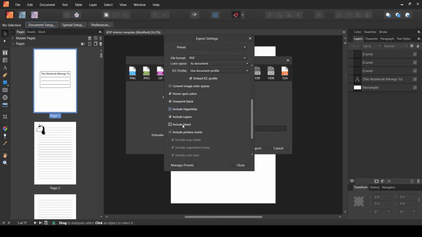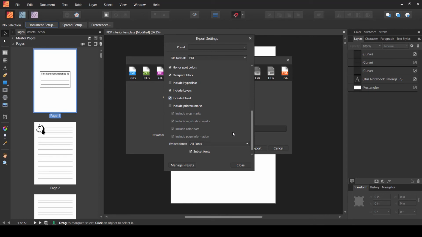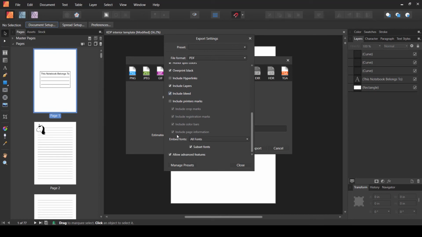Then the include bleed, as I've already said, if you have the bleed area, that extra area included inside the page itself, then you do not need to select this. But if the bleed area is extra, if you put the extra size of the bleed inside the bleed option and the bleed regions, as I've already shown you at the beginning of this video, you should select include bleed area if you are using that bleed. Then the next, include printer marks, that's really not necessary because we usually do not include that in our interiors. Then the next option is embed fonts.